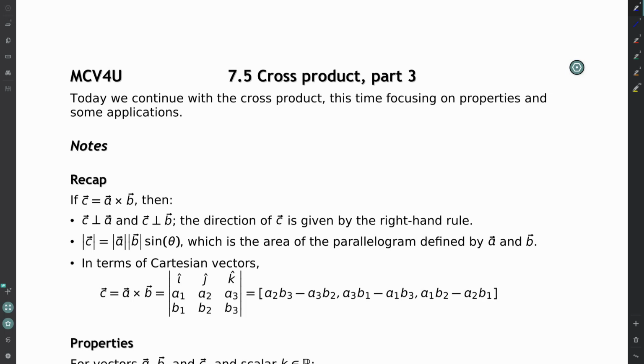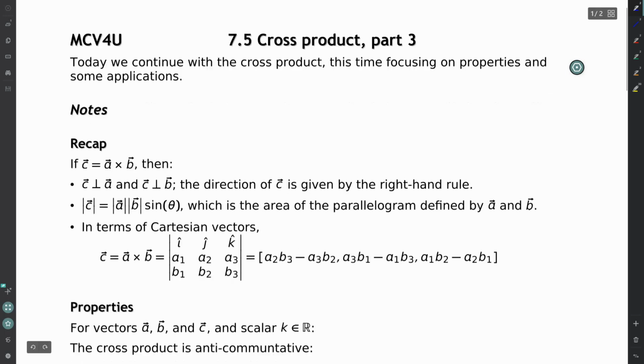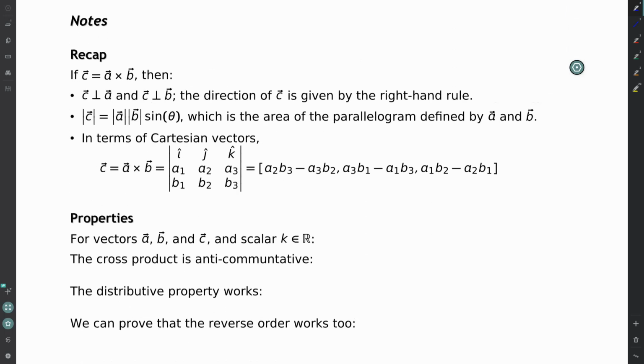Hi everybody, today we're going to finish off section 7.5 by looking at some properties and applications of the cross product. So just a quick recap. We know that the cross product is perpendicular to both of the vectors that are being multiplied using the cross product. The magnitude of the cross product is equal to the area of the parallelogram that's defined by the two vectors. So magnitude of C, the cross product, is equal to magnitude of A times magnitude of B times sine